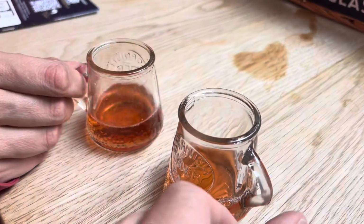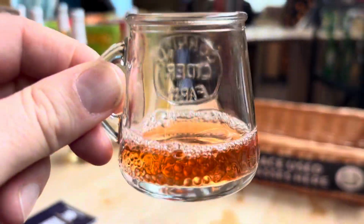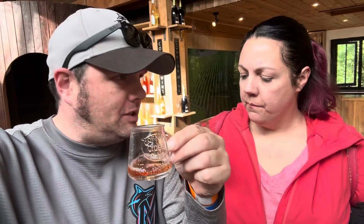Just doing some of the testing for a minute. You can test some of the products. This is a strawberry wine. That is quite nice. I'm not usually into really super sweet wines and stuff, but